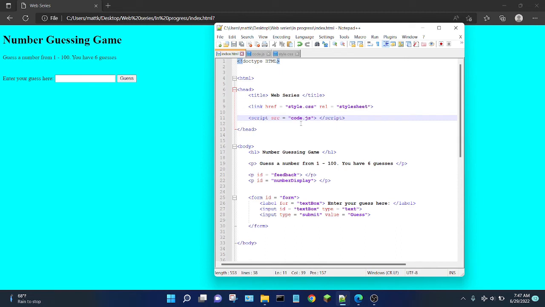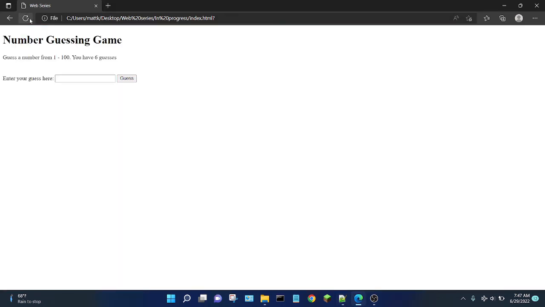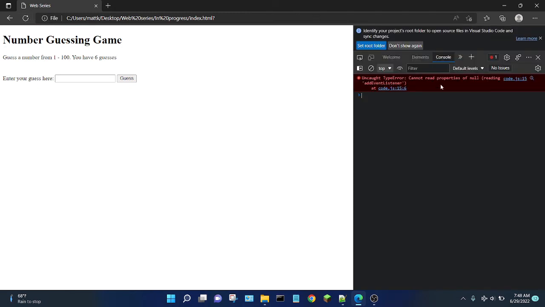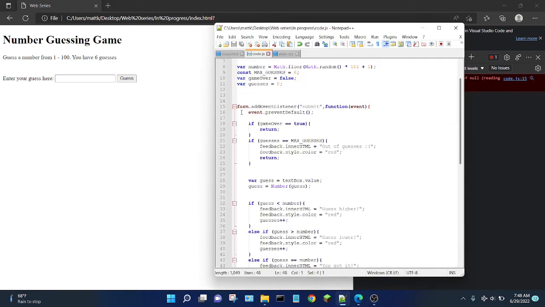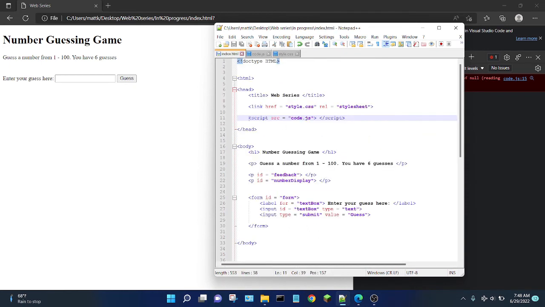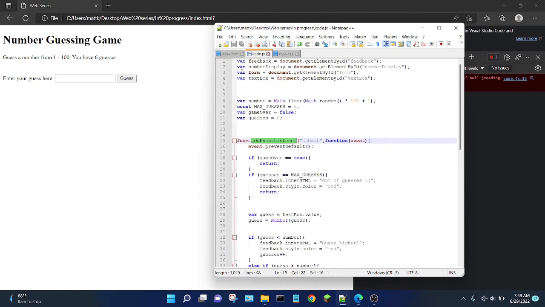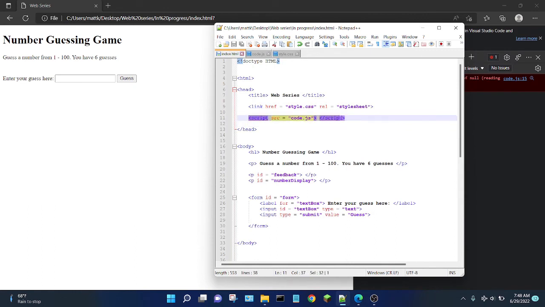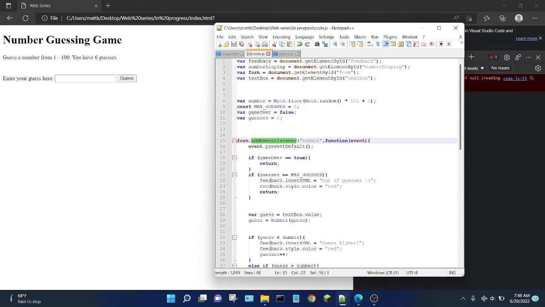Now, there's just one problem, because if we tried to run this, something's not going to work right. If I open the console, it says cannot read properties of null, starting at line 15. So what's my line 15? Well, 15 is form.addEventListener. Here's what happened. When we linked the code up here, the code ran immediately. As soon as you link the code to your HTML, it starts running, which means that